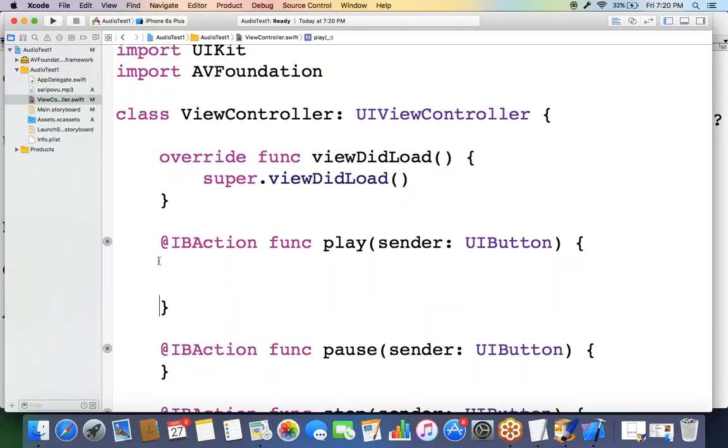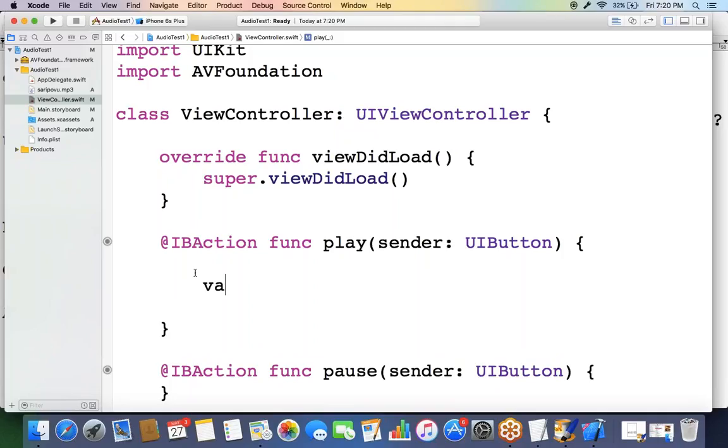In this play method, first specify the file path where the file is available, because we placed the file into our project. So we have to specify that file path first: path is equal to